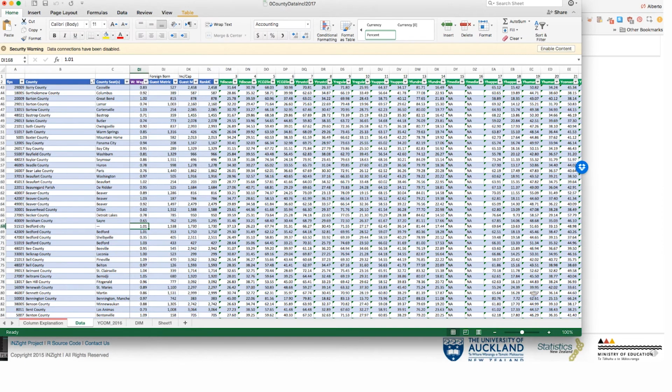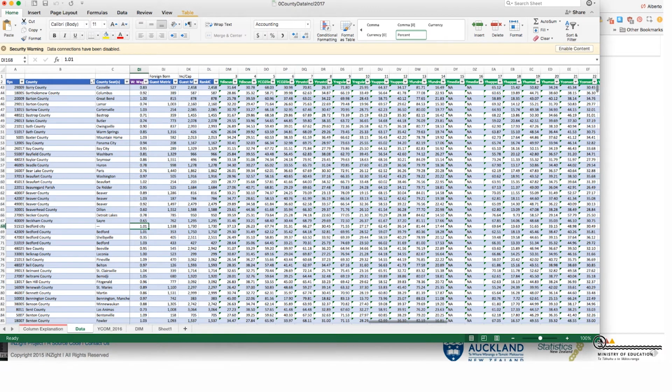Okay, I already have it opened here in Excel. Here you can check all the variables that this data set contains. You can see all of the variable names over here. And then you will see that the data is county by county. So these are the county names, this is the county code, etc.